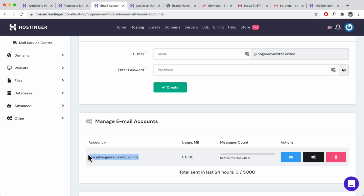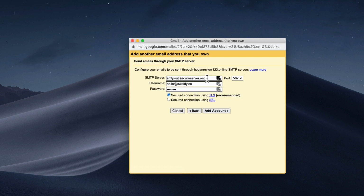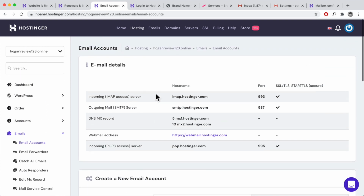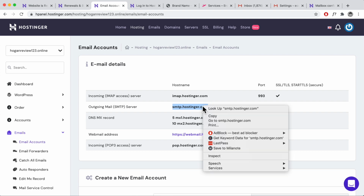Copy that email, copy it. Okay, so that's disappeared. So normally it's on the back. So paste that in, next step. And then here for the SMTP server, what you need to do is go back over here to your hosting account over here. So just copy that,